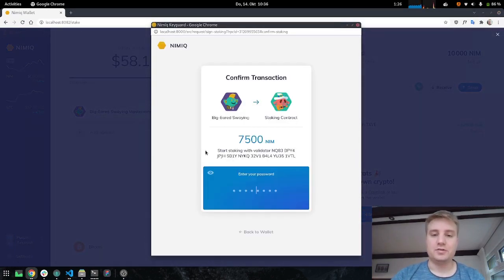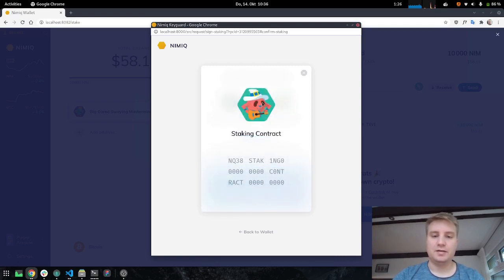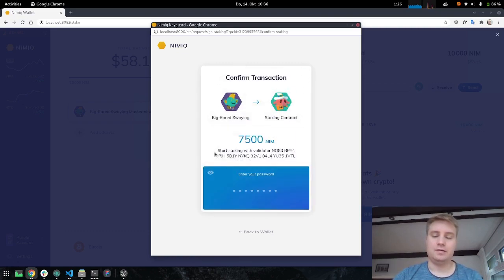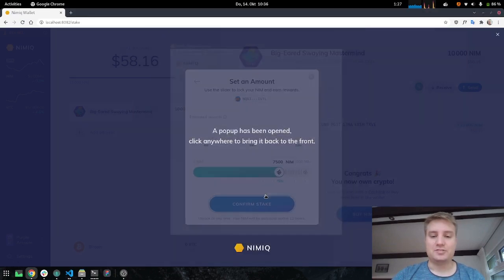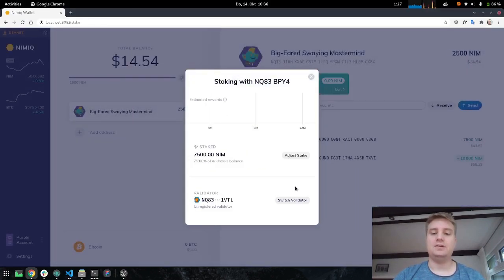Then I'm getting forwarded to the Keyguard, as is usual for signing transactions. And the Keyguard shows me that I'm going to send 7,500 NIM to the staking contract, being this little guy here with this address that includes the name staking contract, if you can read that. And the transaction is also a staking transaction. It starts staking with this validator that I just selected in the list. Right, I'm inputting my password. Very secure, I know. And I'm confirming this transaction,